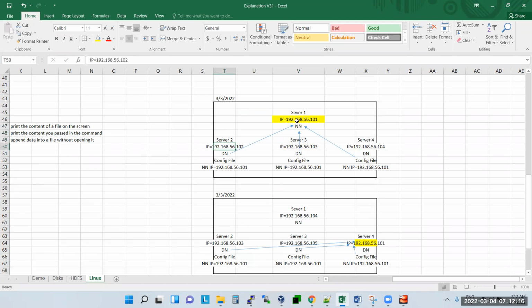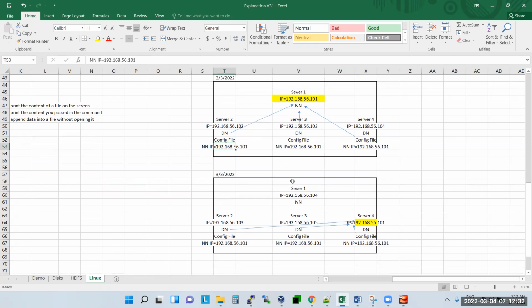You have allocated 56.101 here, 56.102, 56.103, 56.104. In the configuration file, you told that your name node is 56.101. Today, server 1 has got 56.101. But tomorrow, if you restart, what happens if 56.101 is allocated to server 4,